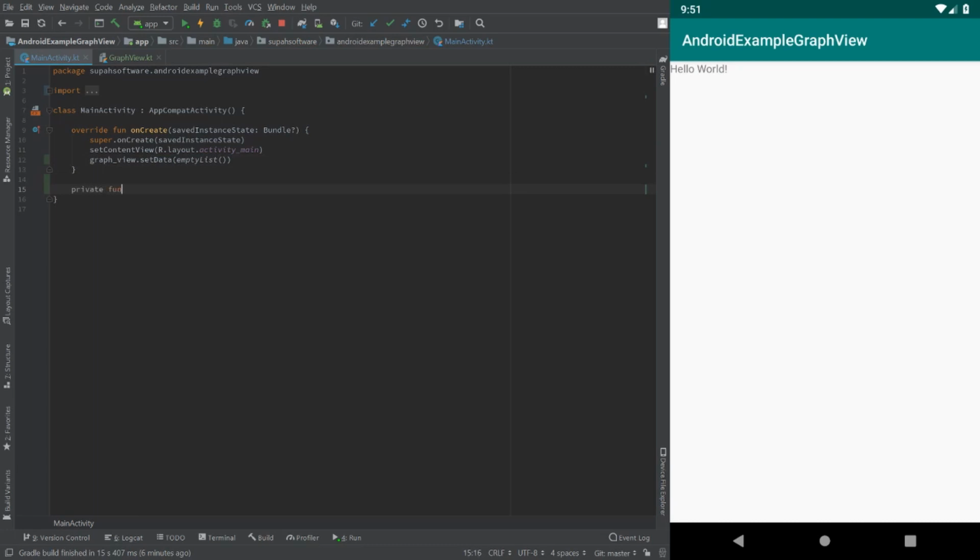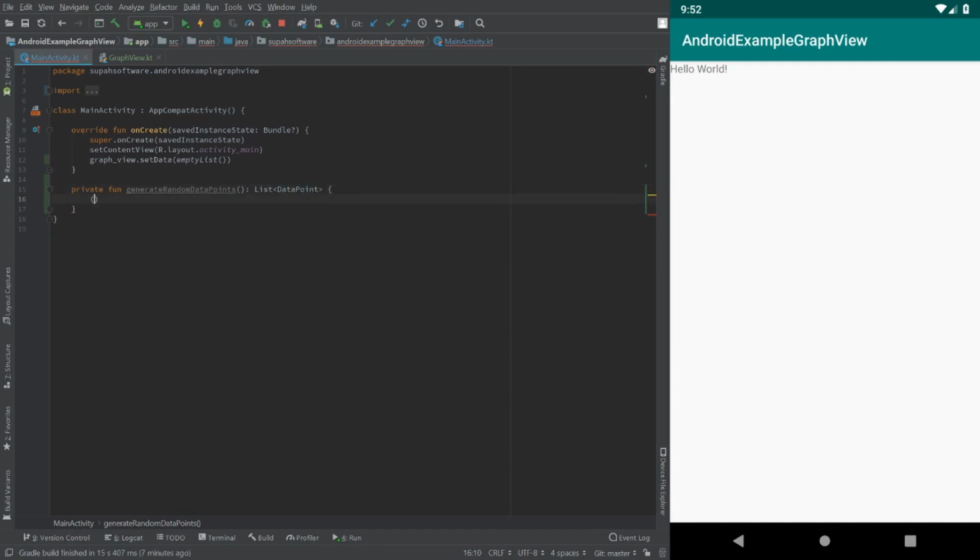Let's create a private function to create a random data set for us. So generate random data points. Now, in a real production level application, you're not going to have something like this. You're going to have something coming back from a server or from a database that has a list of data points or a list of data transfer objects. They're going to have some kind of plotting values that you're going to use to plot them on the screen. But for now, we don't have anything that's giving us data, so we're going to generate some random data for ourselves. This is going to return a list of data points,